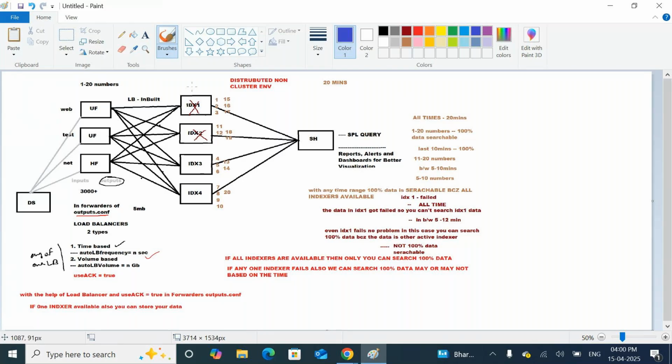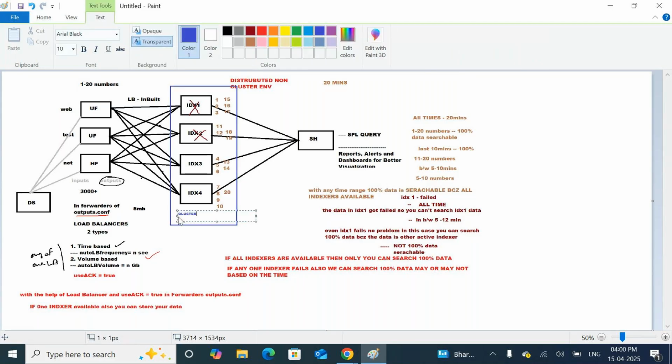Clustering is nothing but creating all the servers into groups, an indexer cluster.